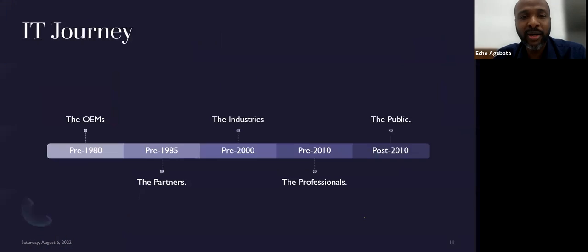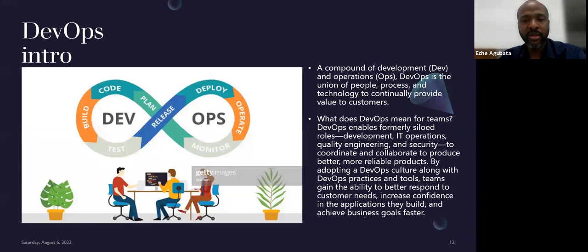Okay, so I'll go back to my DevOps introduction. So my definition here is actually from Microsoft, okay? And I'll tell you why I picked that definition from Microsoft later. All right, it said it's a compound word, of course, it's a compound word, DevOps, meaning development and operations, okay? But what does it mean for teams, right? It means that it is a union, right, of teams that were formerly in silos, right? Just like what I showed you earlier, the waterfall. Remember I told you each of those phases had specialized teams for them, right?